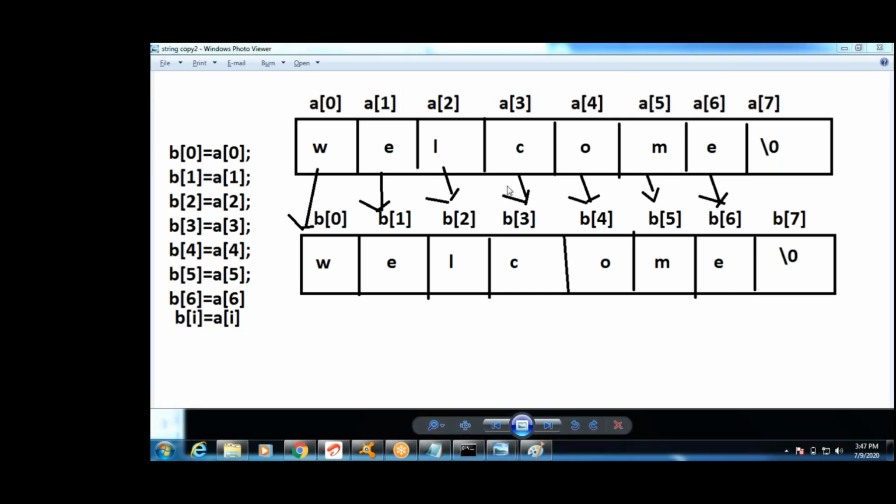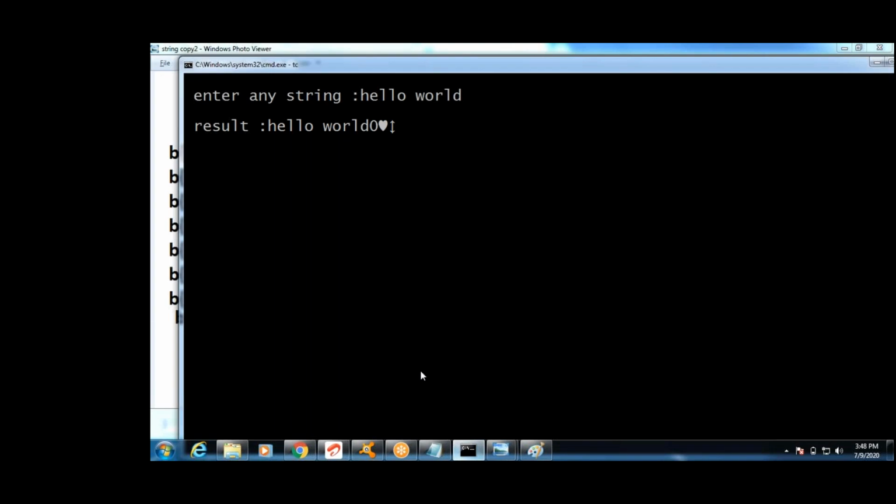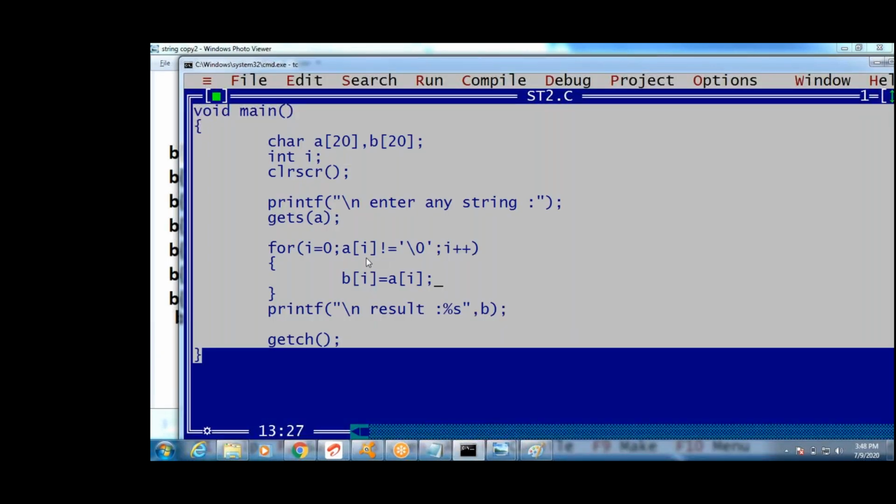Every string should end with a null character. The null character also should be copied here. Whenever it is null, it comes outside the loop. That should assign the null character. How to assign the null character? See this, b of i equals, manually we are assigning. When it comes outside, if i is 7, it comes outside because it is a null character.